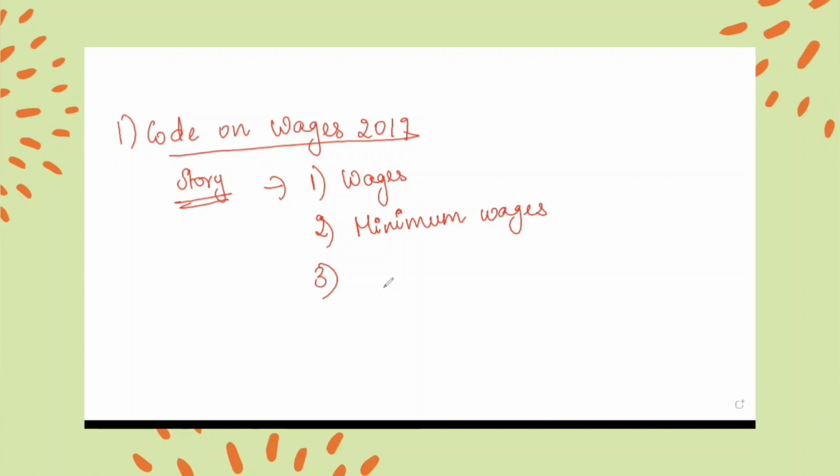That's all right. And the next important factor is, are you going to receive any bonus in the organization where you are working with? What are the bonus available for the following accounting year? Are they following minimum bonus or maximum bonus? So there is wages, then there is minimum wages, and then there is bonus. And the fourth one is, after all these are satisfied, we need equal pay for equal work without any discrimination. So the last one is the Equal Remuneration Act.